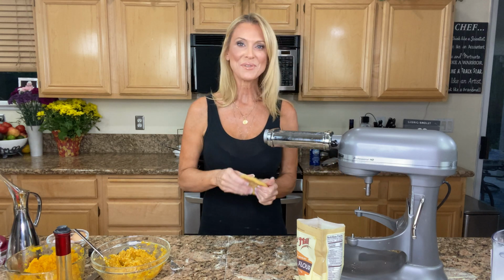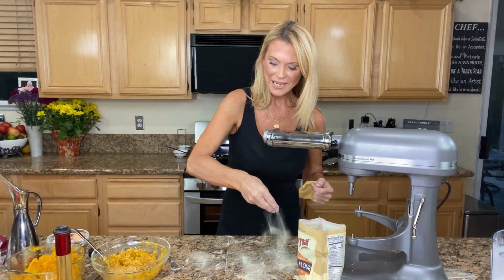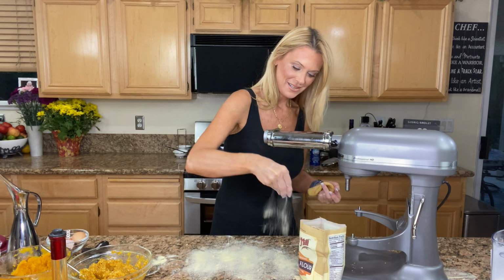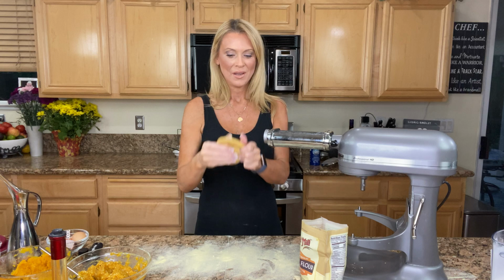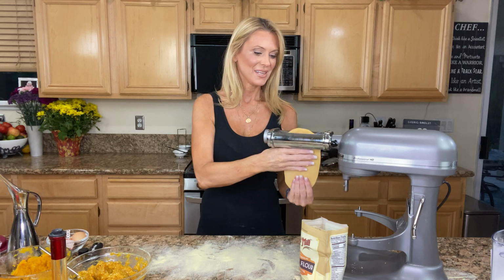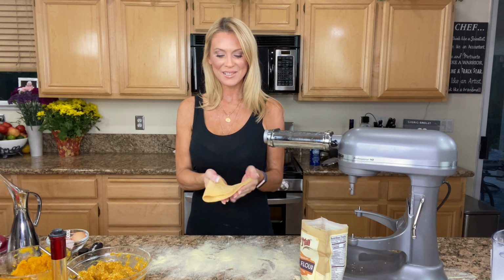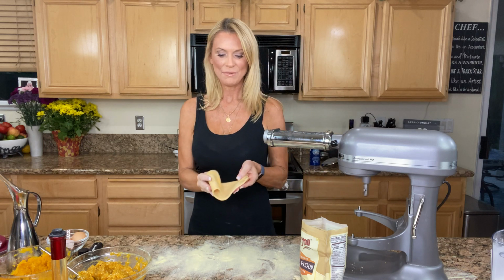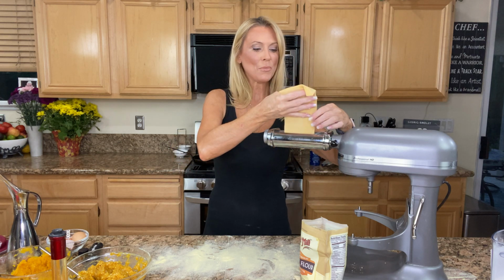Okay. So I'm starting on 1. I'm gonna put this through about 5 times or so. Oops. I'm gonna lay down some semolina flour. Just kind of dust my board. There we go. Put a little bit on this, not too much. Fold this over once, twice, turn the direction, send it through again, and again, fold it, send it through. And one more time, and now I'm going to change